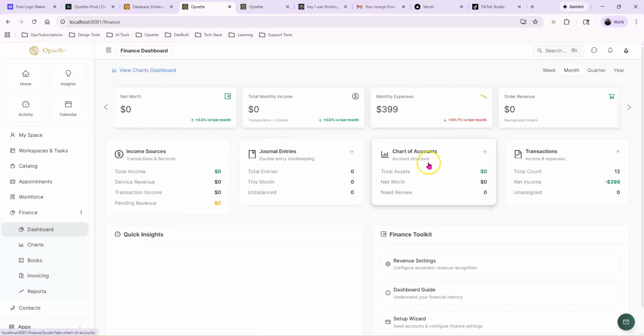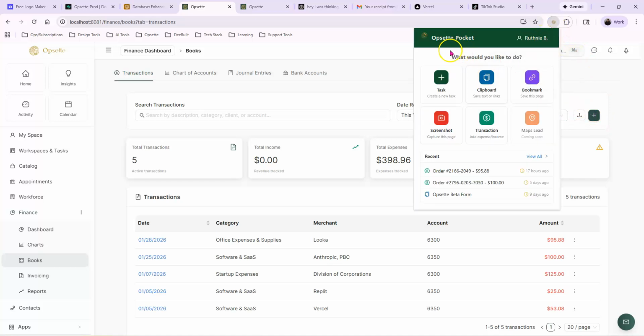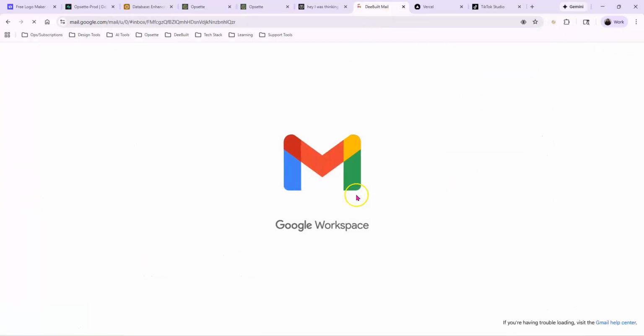It helps you balance your books. You just set up your chart of accounts, but we help you do that. Balance journal entries and then transactions. You can scan documents. I actually have this extension that I created as well. So if you go into your email account, I'll just show you my email here.